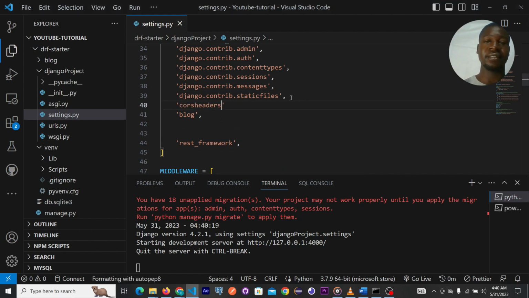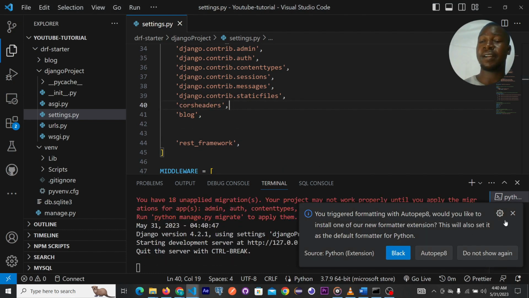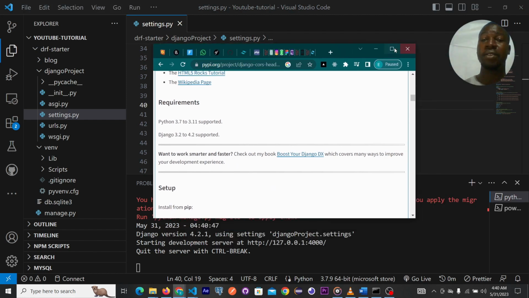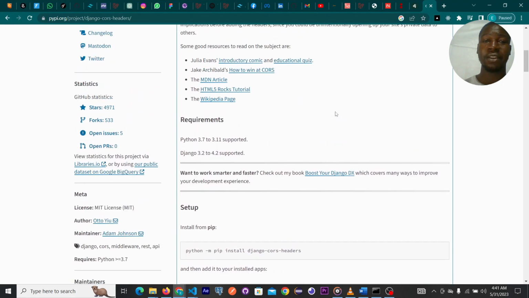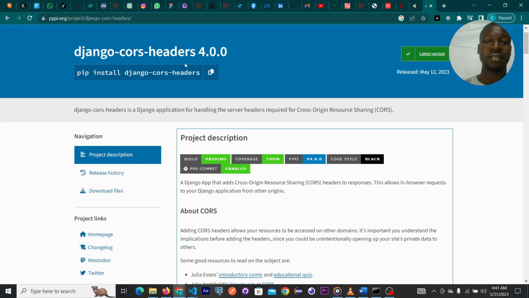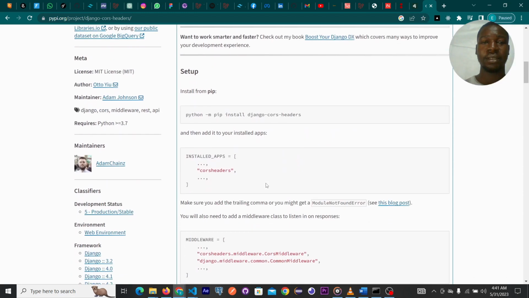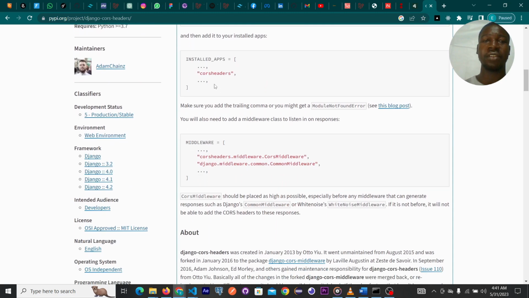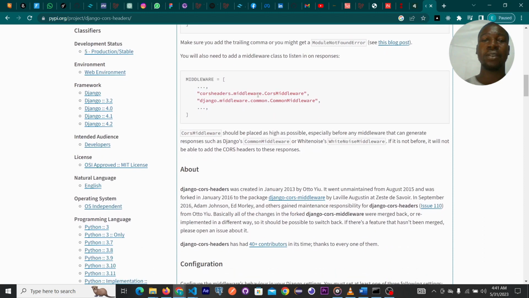The reason for that is, not all modules that you install have to be put like this, but this is one of the required things for the installation of this particular module. If you take a look at the documentation, you can see I'm not just making it up. After you install this with, of course, python -m pip install, you need to put this in the installed apps, and then you also need to add corsheaders